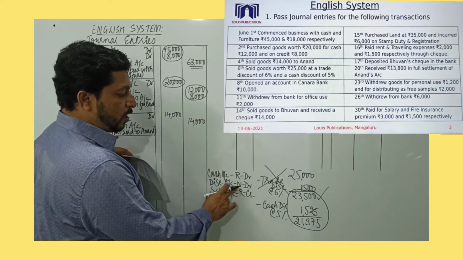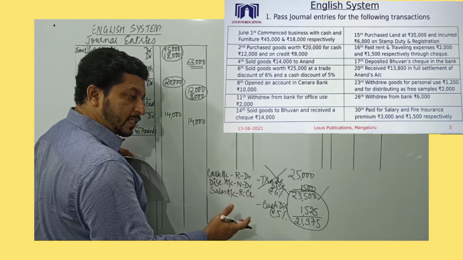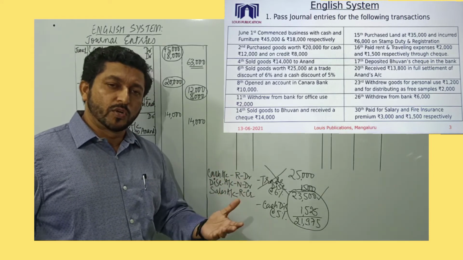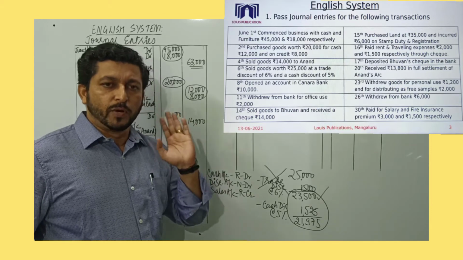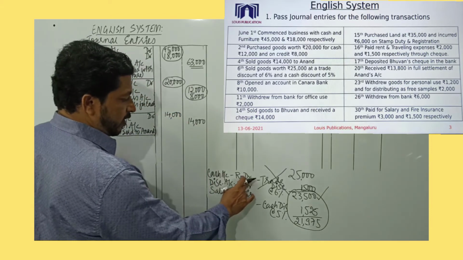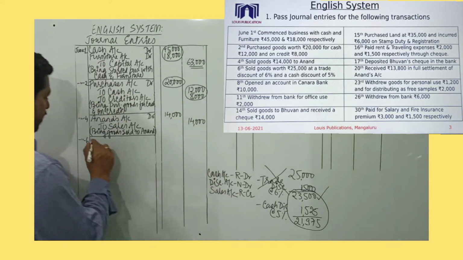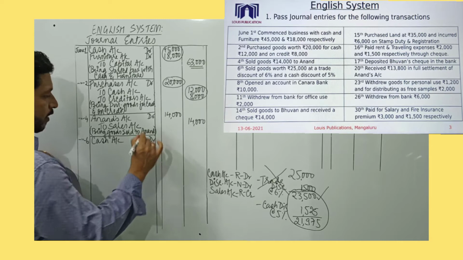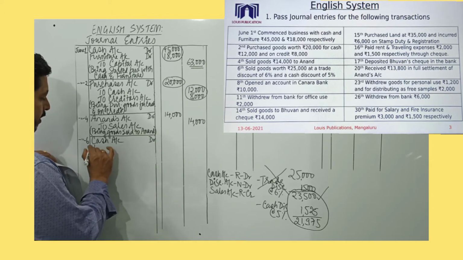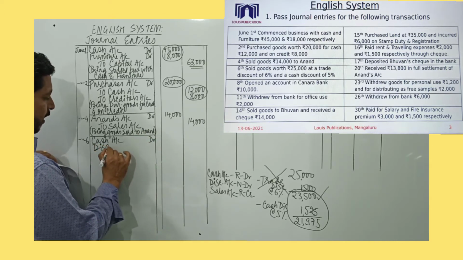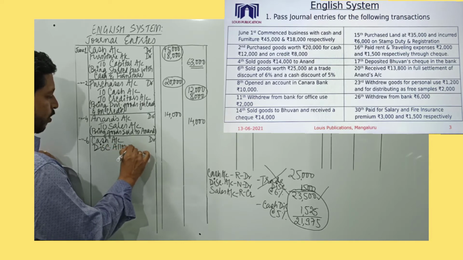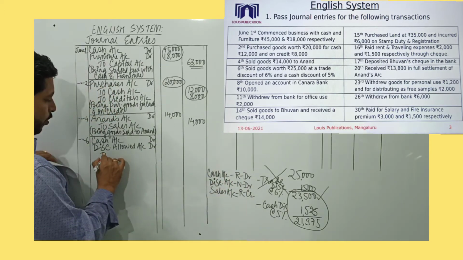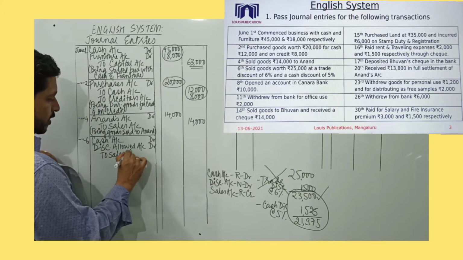So see, we have 2 real accounts, 1 nominal account. It would not be a surprise if you have say 3 accounts in an entry. One is personal, one is real, one is nominal. Any combination is possible. Remember this. So let's record this entry. There are 2 debits and 1 credit. So I will record, date is June 6th, cash account debited. Then discount, if there is a little confusion, you can record it as discount allowed account debited. Discount allowed account is debited to sales account.